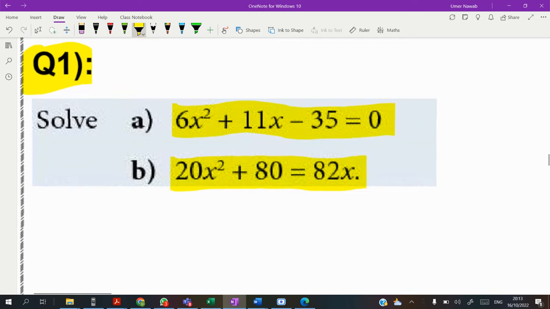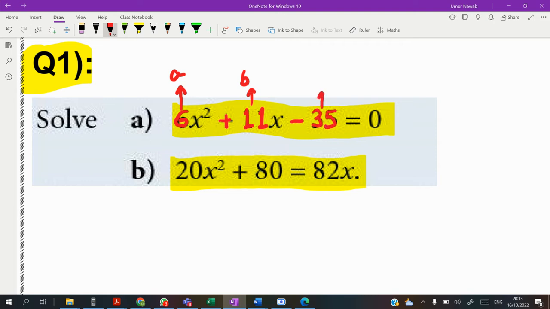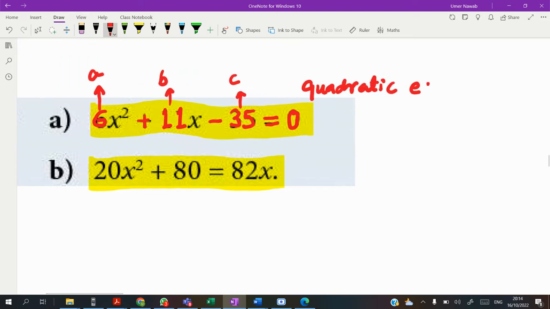The first quadratic equation is very simple, in which the coefficient of x squared is 6, and we always represent it as a. The coefficient of x is 11, which we always represent by b, and the constant is always represented as c. This is equal to 0. It means this is a quadratic equation, and everyone knows a quadratic equation can be solved by